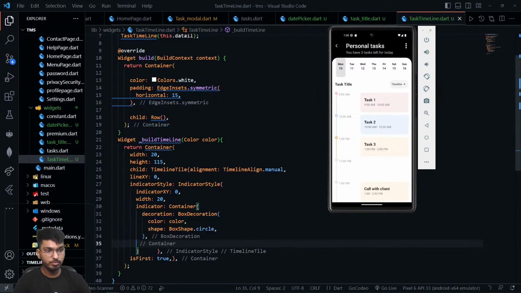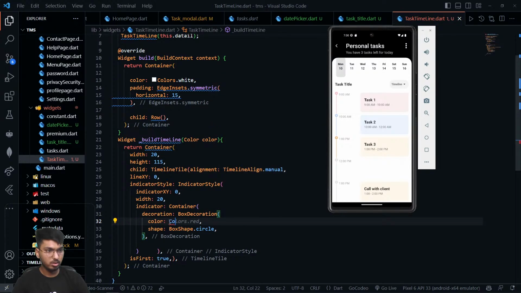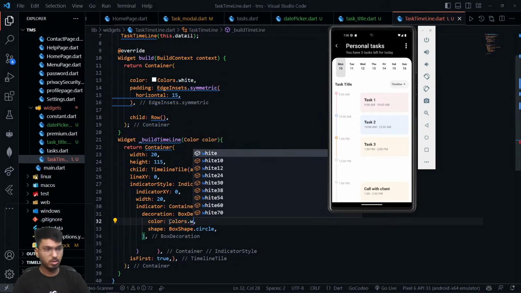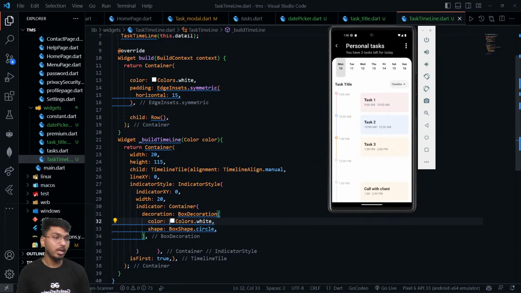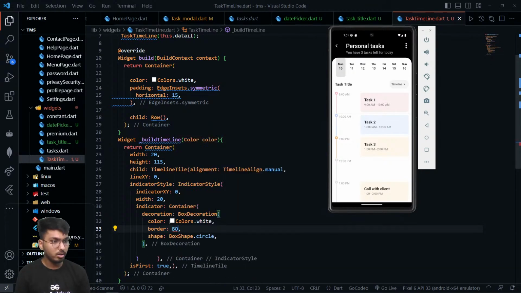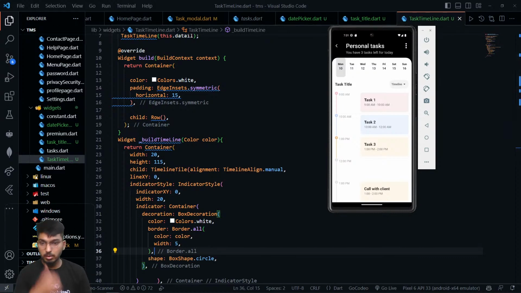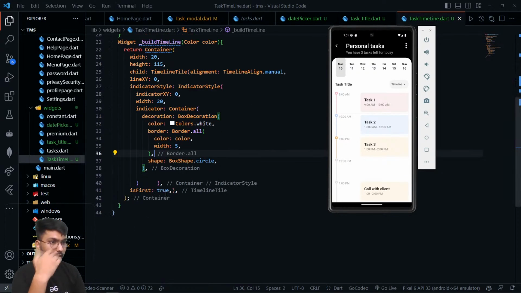So BoxDecoration. BoxDecoration with shape circle, color should be Colors.white, not this one. Colors.white, and there should be a border in this. So I'll write a border, and the border should be Border.all. Color should be the given color, and width should be 5. Yeah. So this will be the styling,